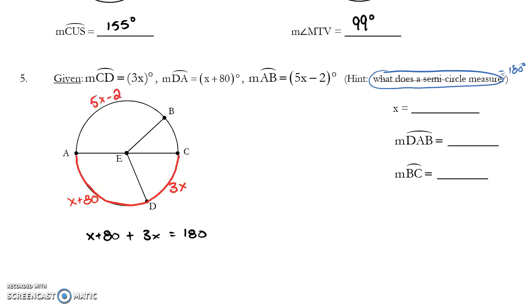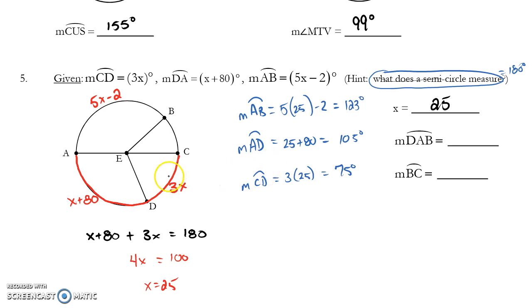So with everything labeled accurately here, and now recognition that arc ADC is a semicircle, that's 180 degrees, I can use arc addition to add those two arcs together to solve for X. In doing so, we find X is 25, and now I can find the measure of my other angles and my arcs. So what I've done first is I've found the 3 arcs that they gave me. The measure of arc AB is 123 degrees, the measure of arc AD is 105 degrees,